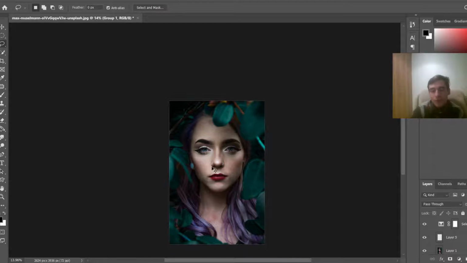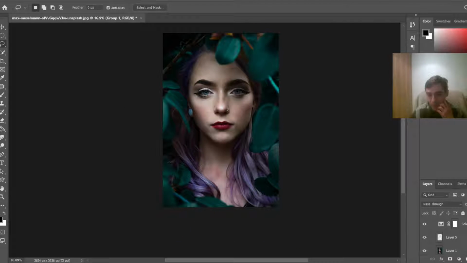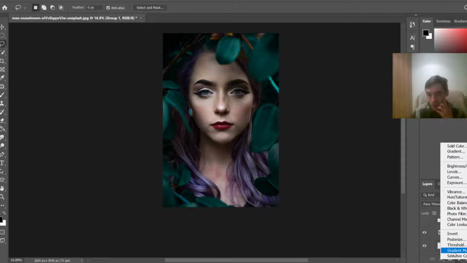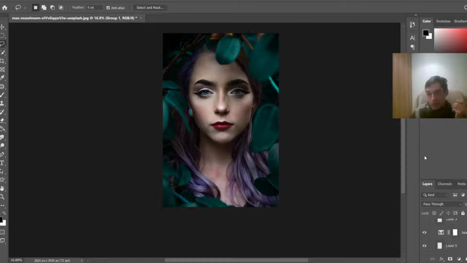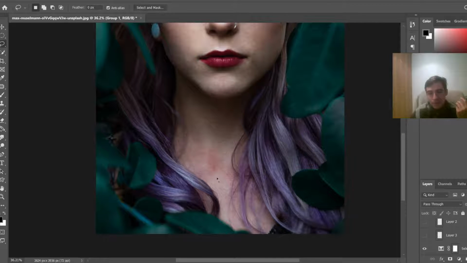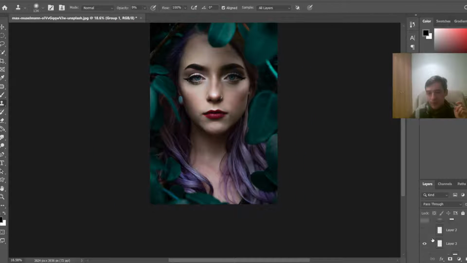Then we changed the color of the leaves with a selective color, from green to a little bit more bluish. What we did next, we fixed this area where we had a red spot, you see. With this one we used the clone stamp tool, sorry for saying the names wrong,